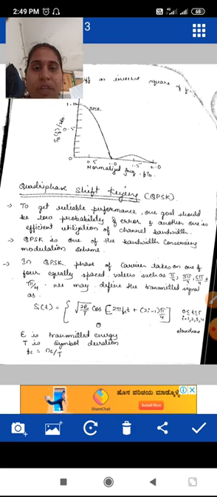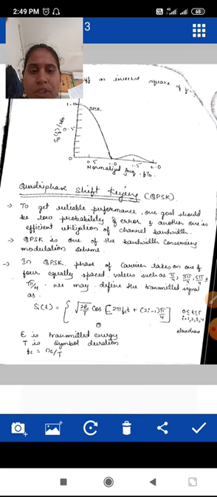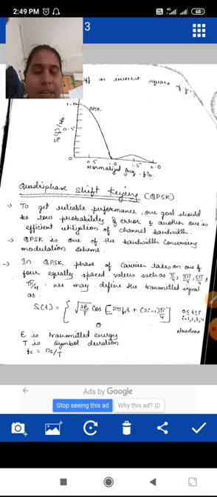It varies with TB, where TB is the bit duration and capital T is the symbol duration now. The carrier we have used is cos 2 pi fct, where fc is the carrier frequency, equal to nc by T, where nc is any integer value and T is the symbol duration. So depending on the symbol period duration, we are setting fc.